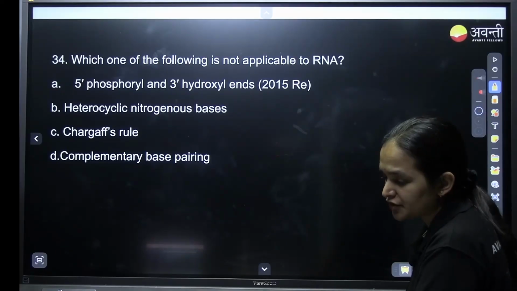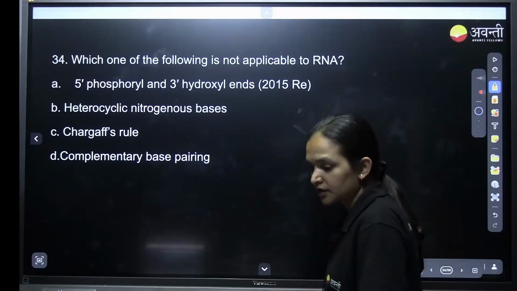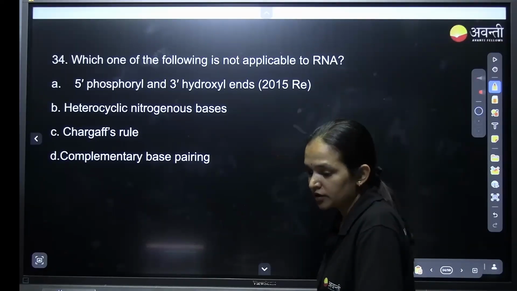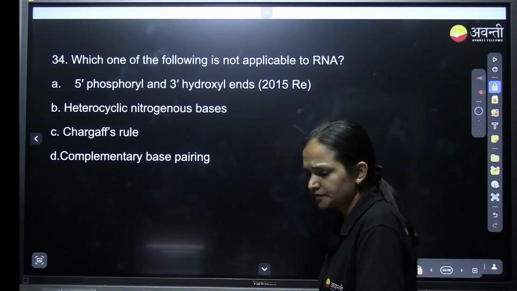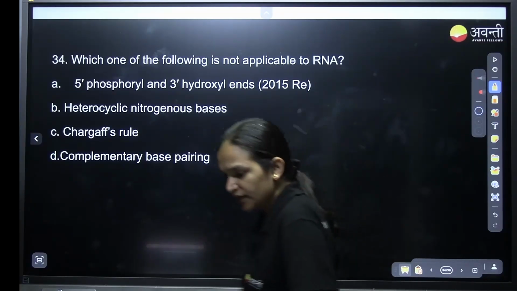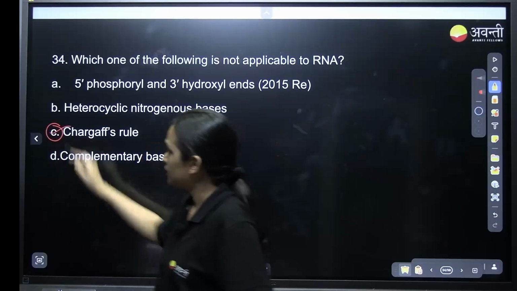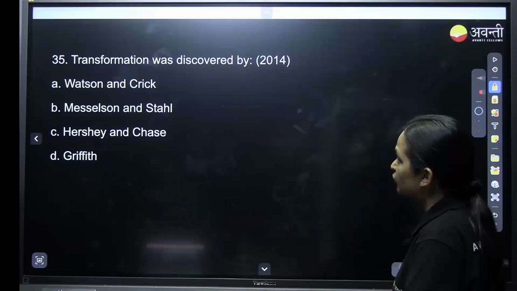Can we apply Chargaff's rule for RNA? Chargaff's rule can be applied for anything which is double stranded. Here RNA is single stranded, so we cannot apply Chargaff's rule for RNA. Transformation was discovered by